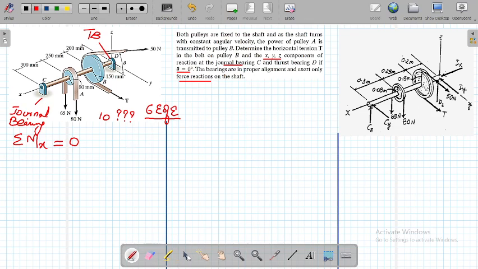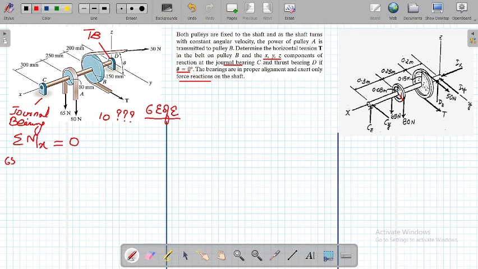These forces of 65 and 80 Newton are along the z-axis, and they have a radius of 0.08 meter. So we can easily say that this radius is along the y-axis. So we will say it will be 65,